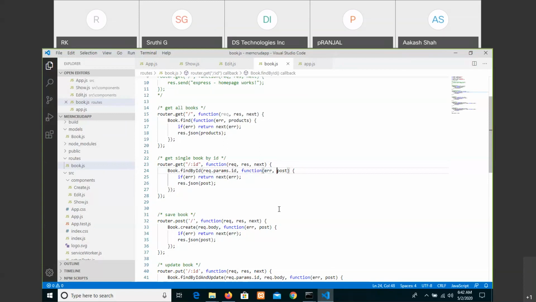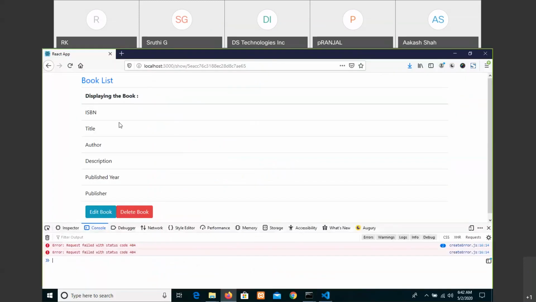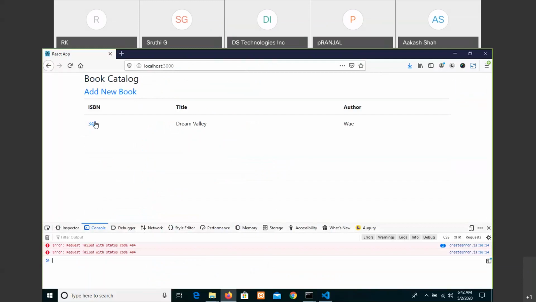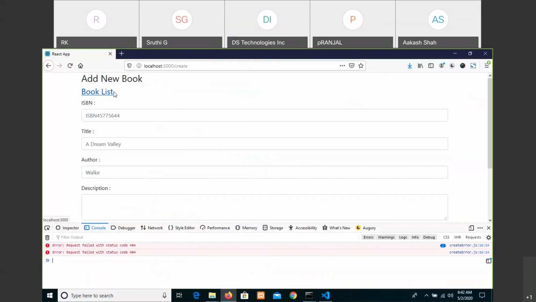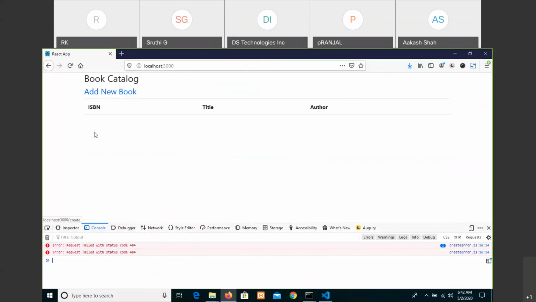It is not a problem. Then everything is correct only. Okay, let us do one thing. Of course, when it is not opening even a particular book, then let us go back. We are able to add, but we want to see, then only we are able to